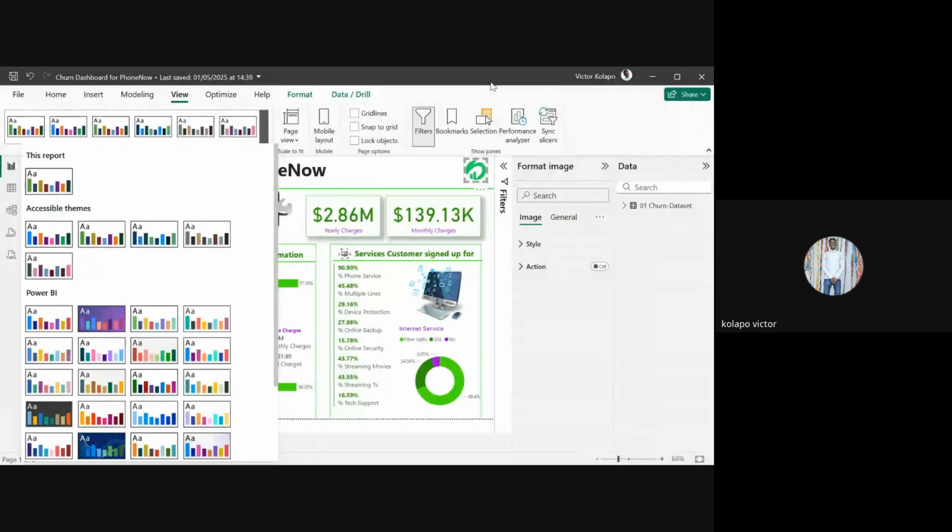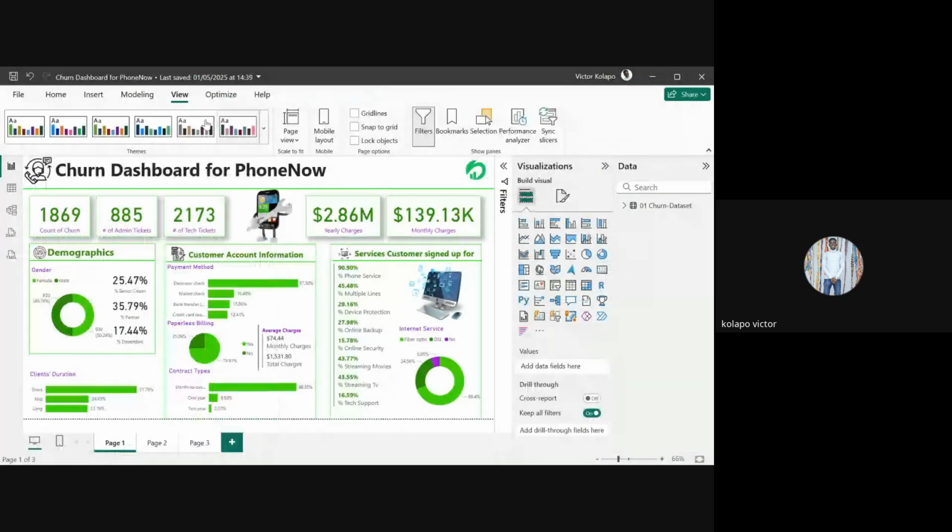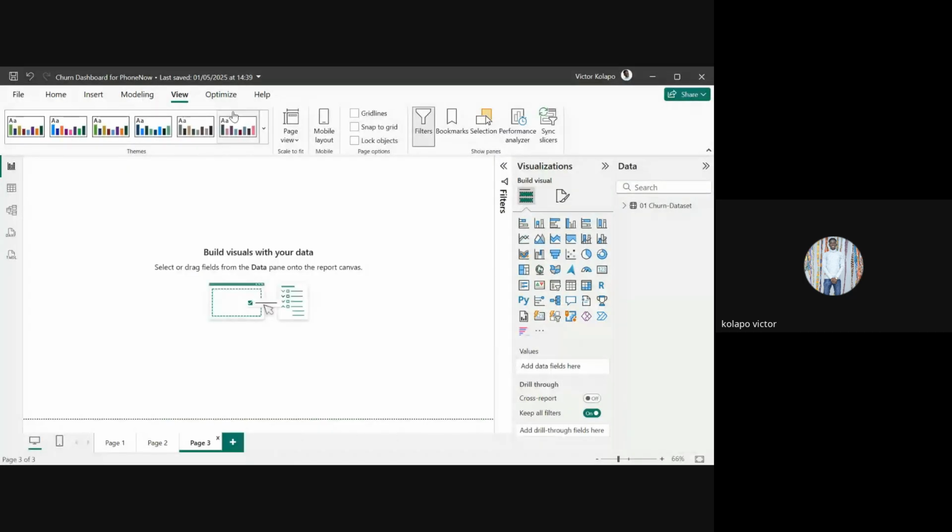That makes you package yourself, like brand yourself in a unique way, and it adds to your identity. So that's that about the view. But then if you also want to look at it in, let's say, mobile view,